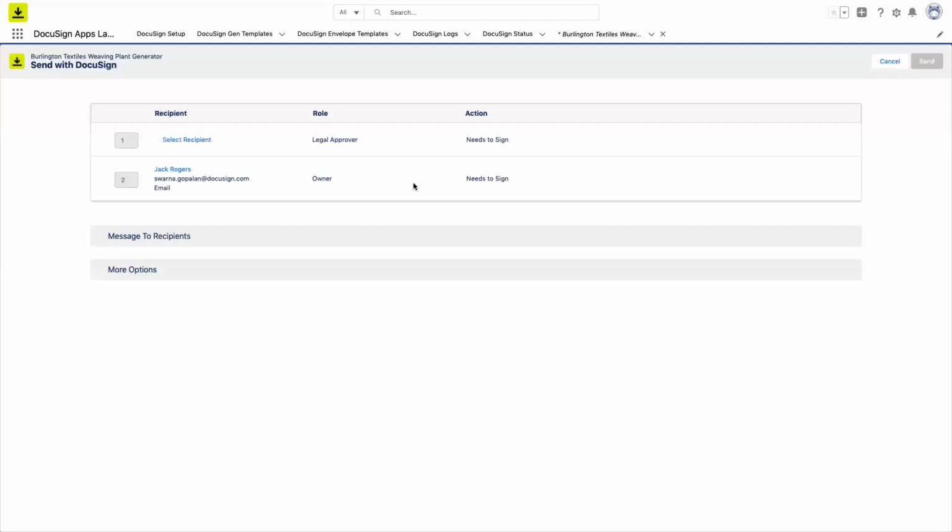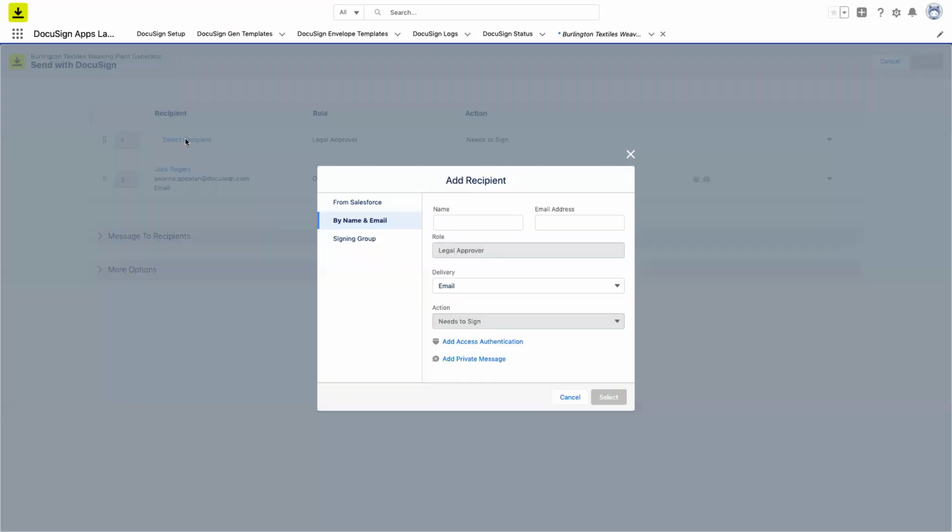So all the documents, the recipients, the settings, the options, all those things are lumped into this sending process when this user clicks that button. And because it's quick send, you don't see that flow up here where they can make lots of changes. Quick send is if you don't really want people to make a lot of changes. And if you use default, the people can make a bunch more changes if they want to. So you see, even when you click the recipient, there's not a whole lot you can change here. You can't change the actions and stuff like that.